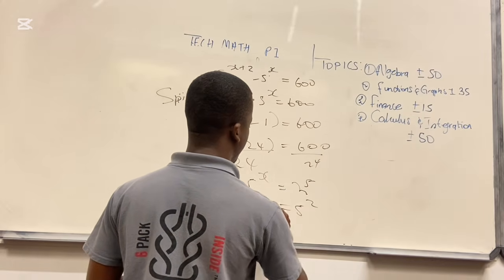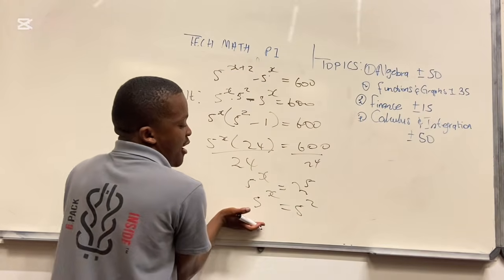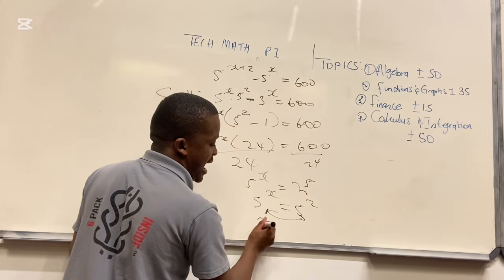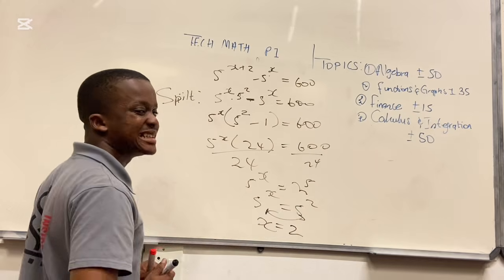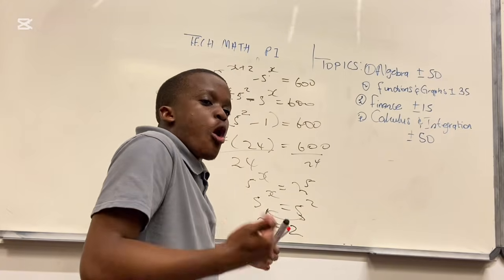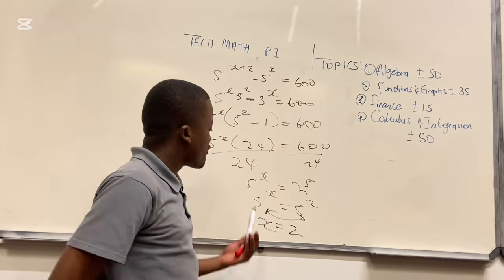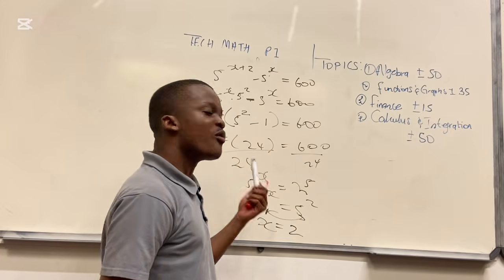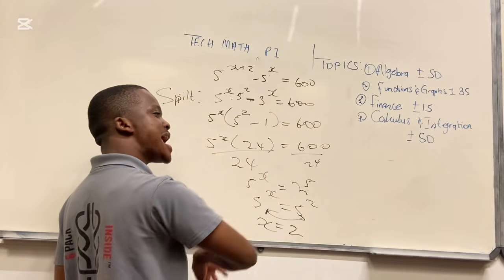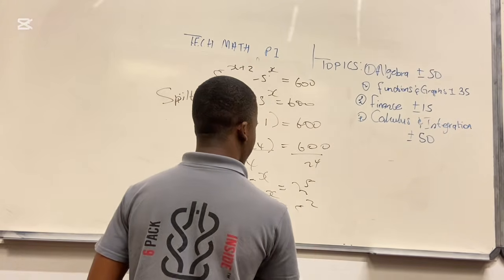What is 25? 25 is 5 to the power of 2. So 5 to the power of 2 equals 5 to the power of x. When we have the same base, equate the exponents. That is one of the rules of mathematics. If you know the rules, I can write 25 in terms of 5, as 5 to the power of 2. If I have the same base, I can equate the exponents. That is one of the rules. It's very, very important. Very easy, people of God.